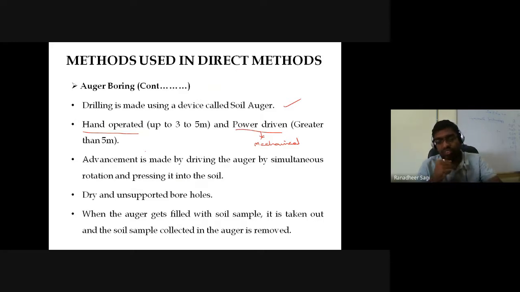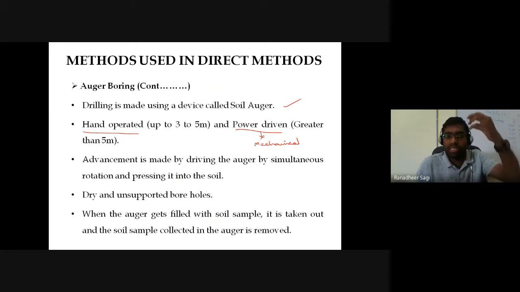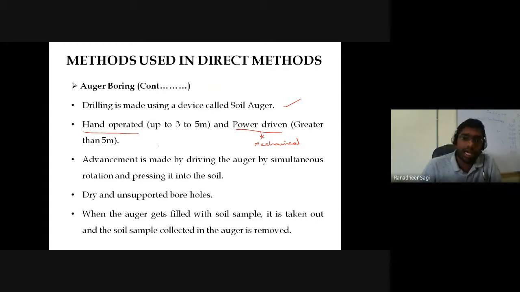So in such a case, we will use a motorized mechanism by which you can continuously rotate at your required speed and cause the shearing in the soil, which is called the mechanical auger. In the case of mechanical augers, you can even go beyond 5 meters depth to extend your boreholes into the ground with the help of the auger technique.